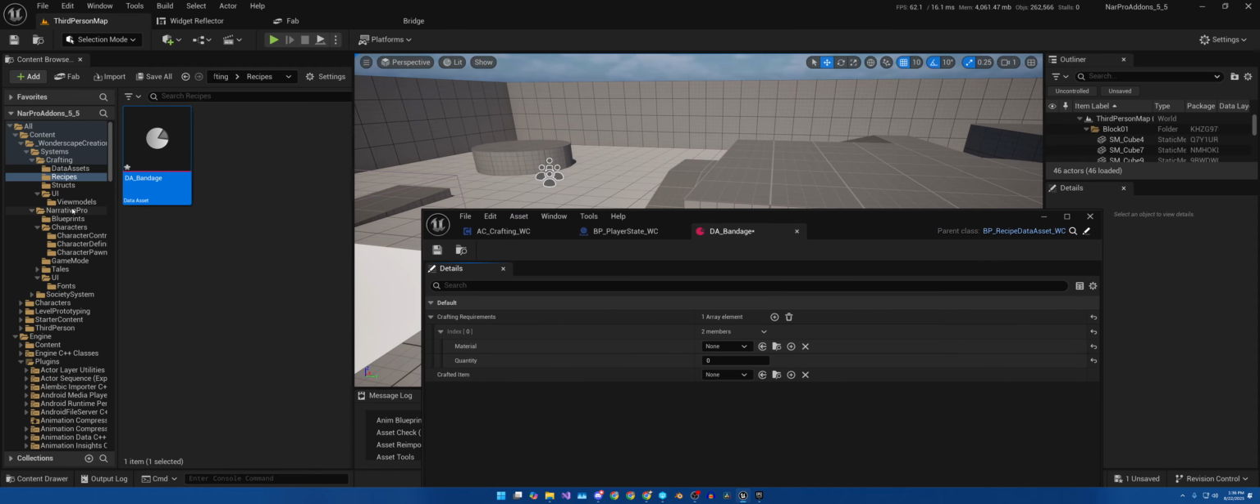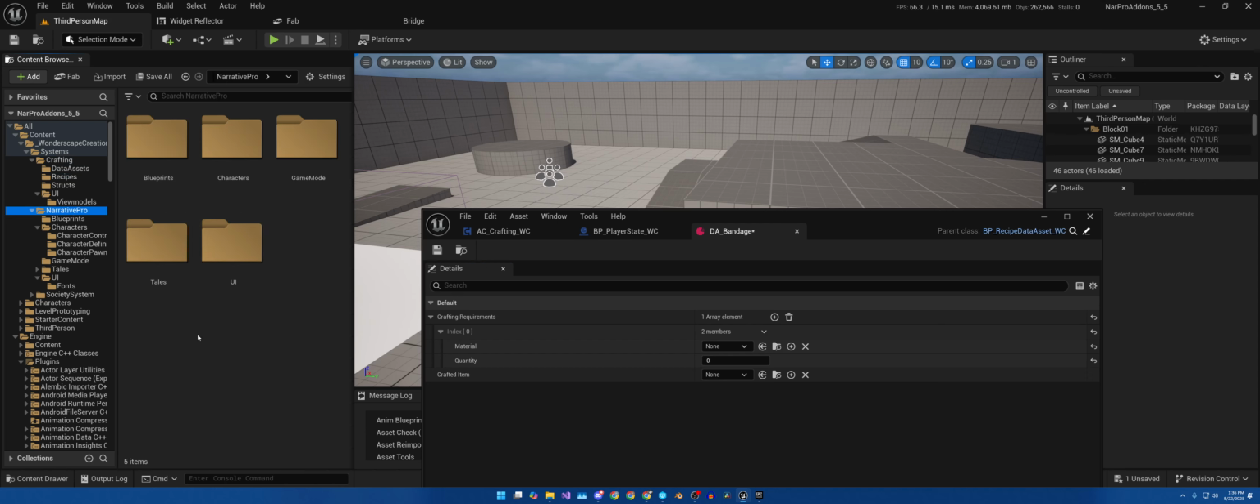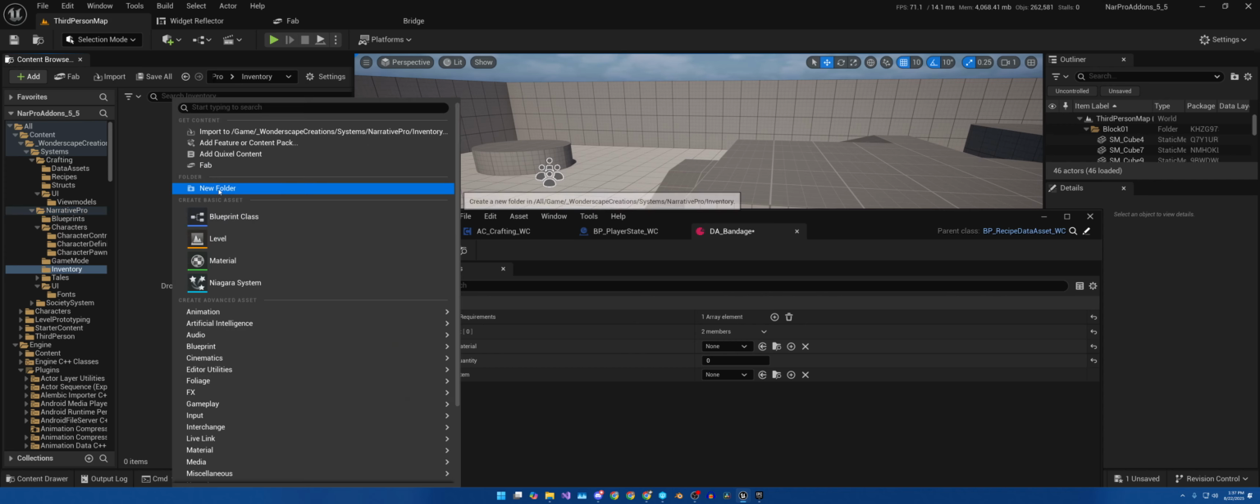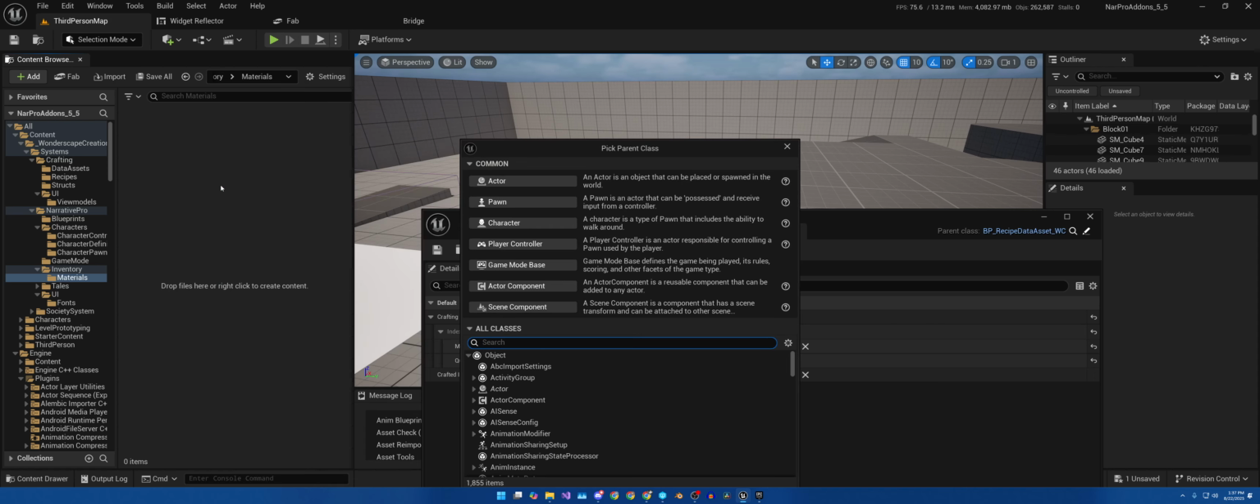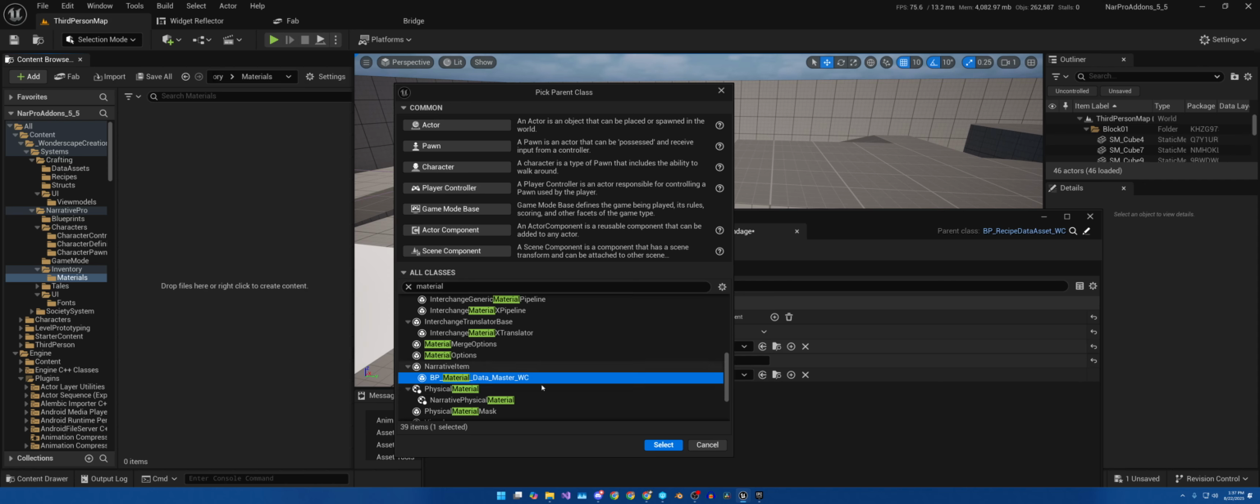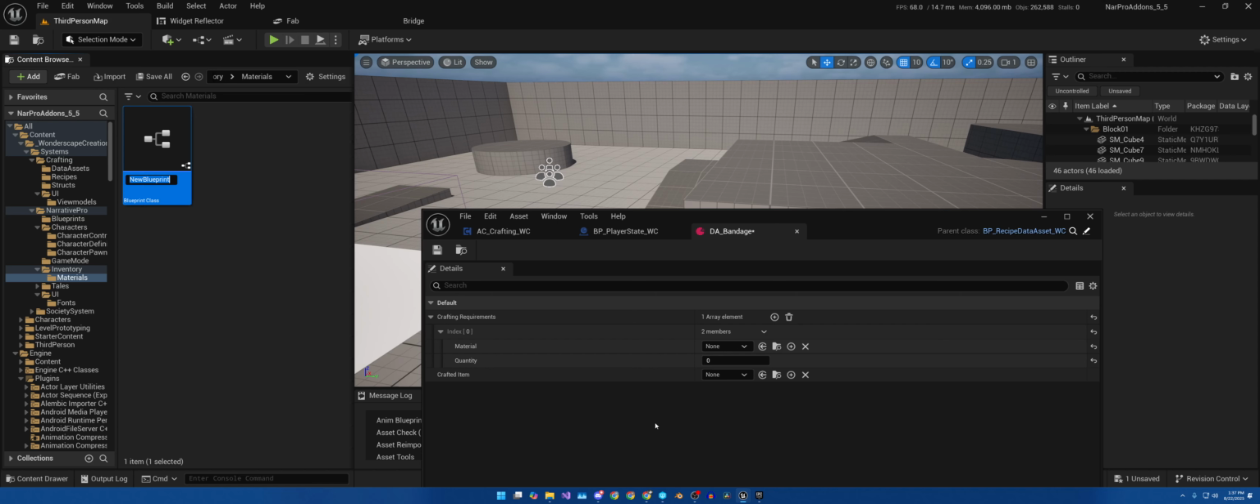So I'm going to come in here into Narrative Pro because I like to keep things organized. Inventory. New folder called Materials. And in here, I'll come into Blueprint class and type in Material. Material Data Asset Master, which is a child of narrative items. So this is what we want. So BP underscore